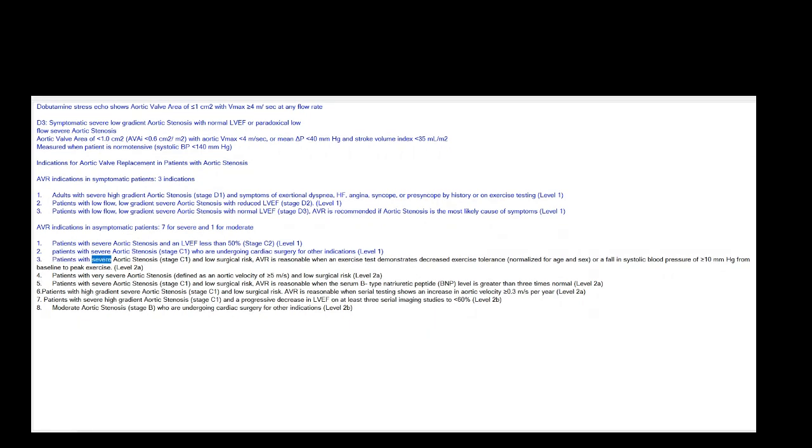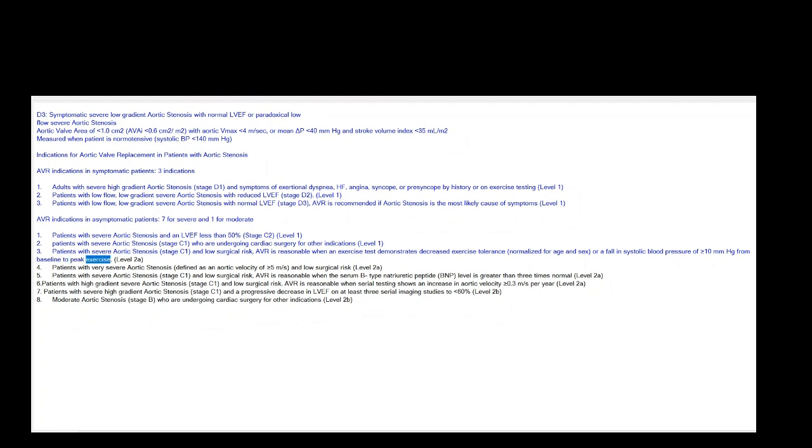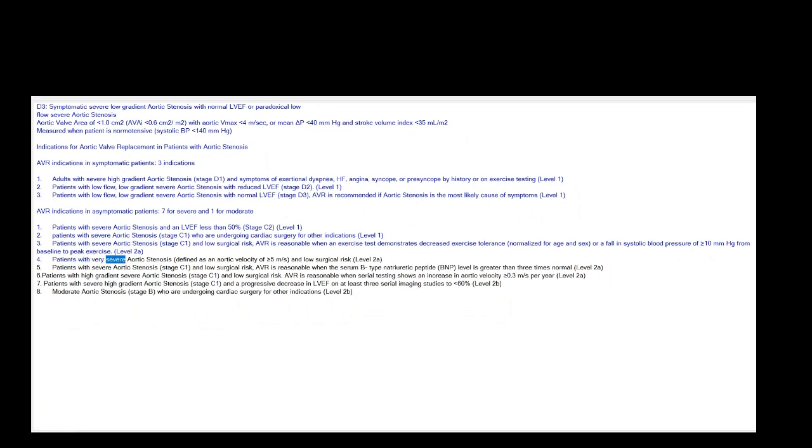3. Patients with severe aortic stenosis, stage C1, and low surgical risk, AVR is reasonable when an exercise test demonstrates decreased exercise tolerance, normalized for age and sex, or a fall in systolic blood pressure of greater than or equal to 10 mmHg from baseline to peak exercise. Level 2A. 4. Patients with very severe aortic stenosis, defined as an aortic velocity of greater than or equal to